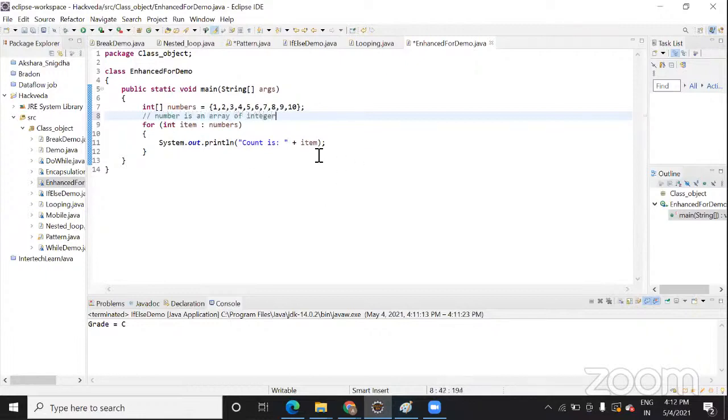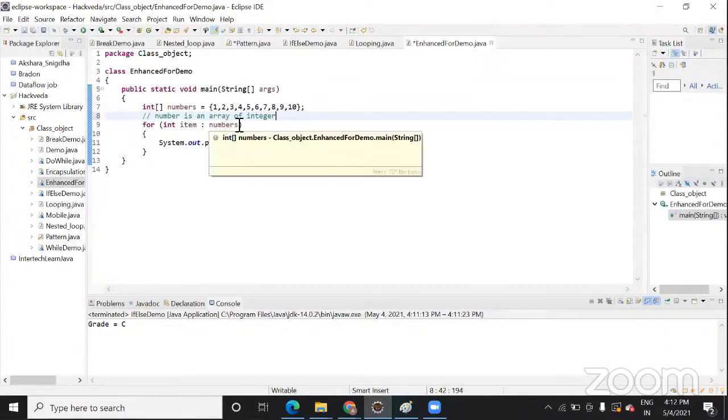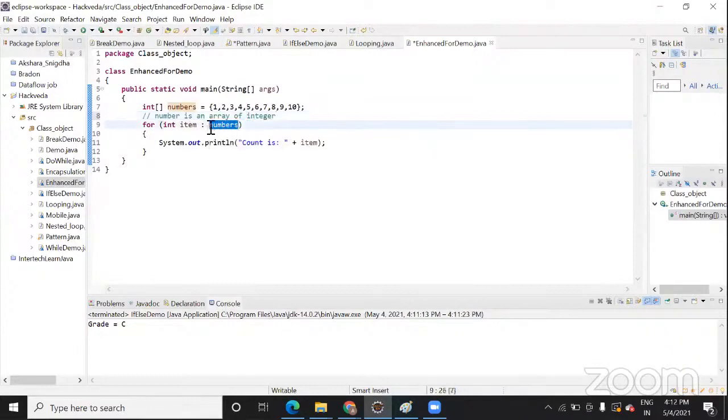Good. Now how many elements will numbers have? This for loop will run based on the number of elements in this array. Now let me run it and show you.